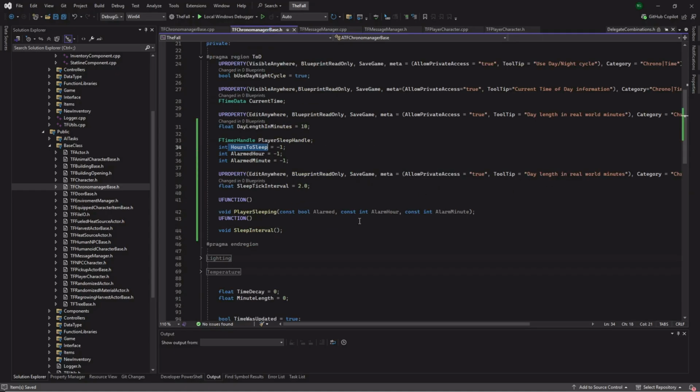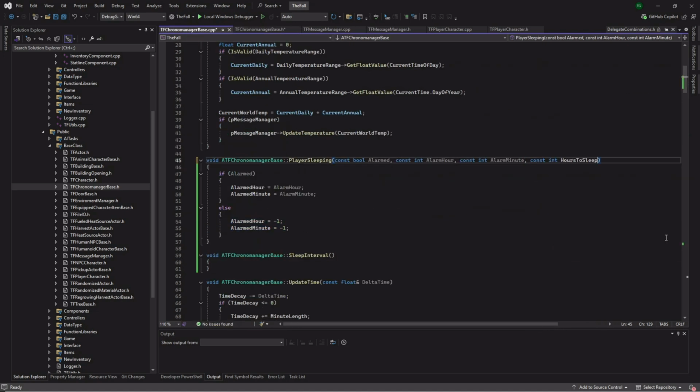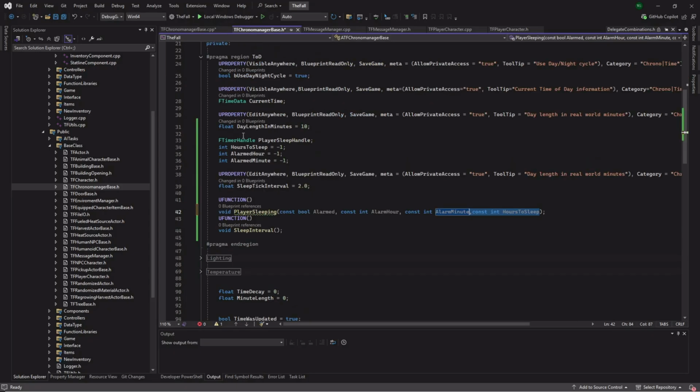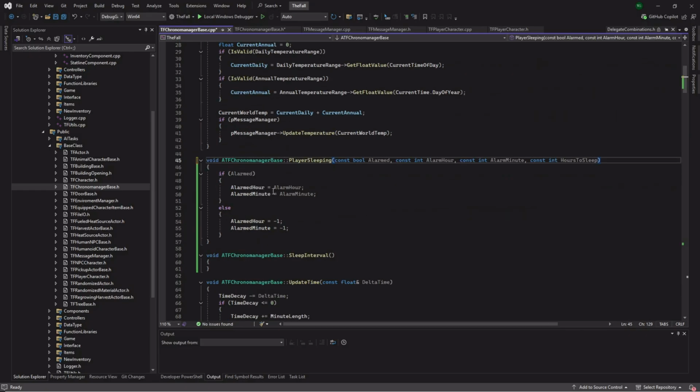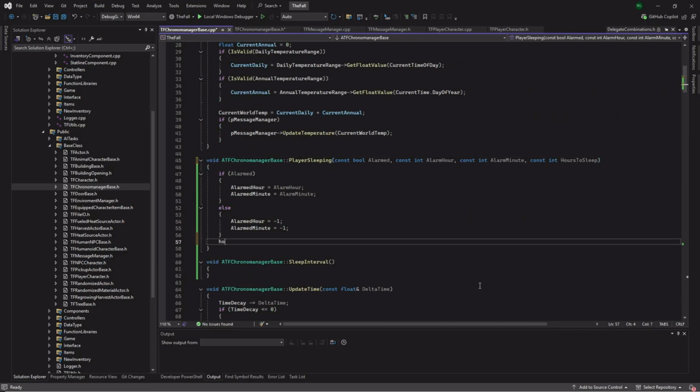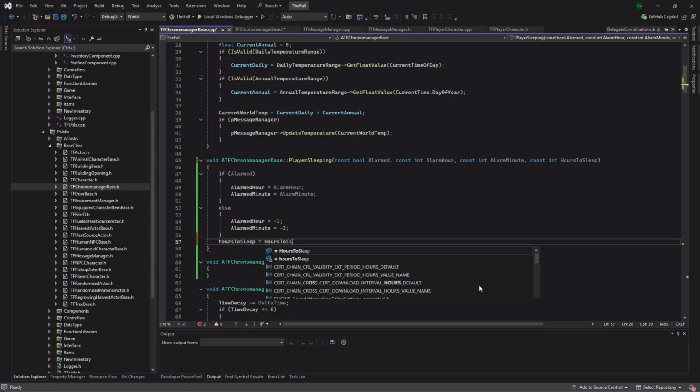Chrono manager base, we need to expand this function to const int hours to sleep. Copy, go back to this and paste it in there. Okay. I'm going to change this to a lowercase h for ease. All right, so